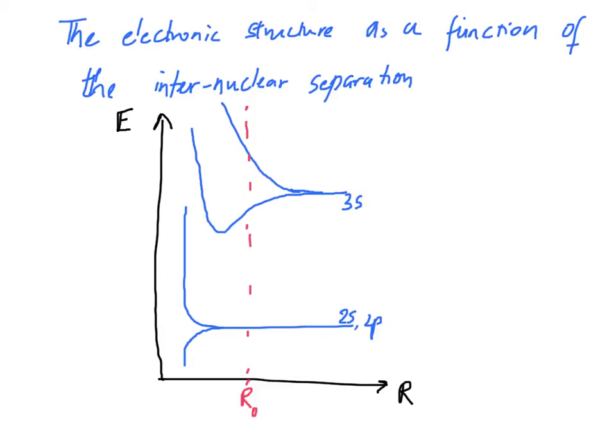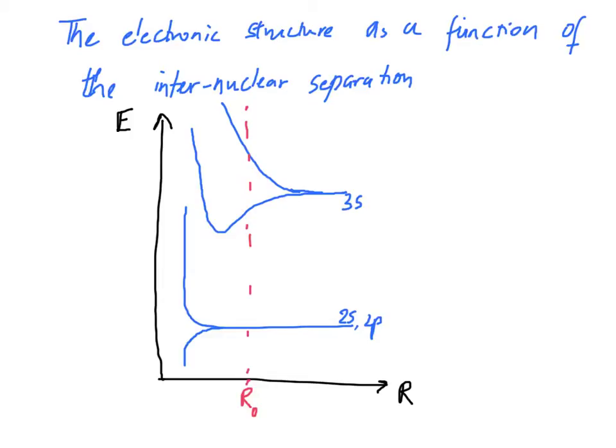So here is our electronic structure as a function of the internuclear or interatomic spacing R. R naught is the equilibrium value of our interatomic or internuclear spacing. And what we are really saying is that when R is very, very large, we recover our atomic result, in the sense that our energy levels would simply be the atomic 1s, 2s, 2p, 3s, and so forth energy levels, discrete levels. As we make our R smaller and smaller,